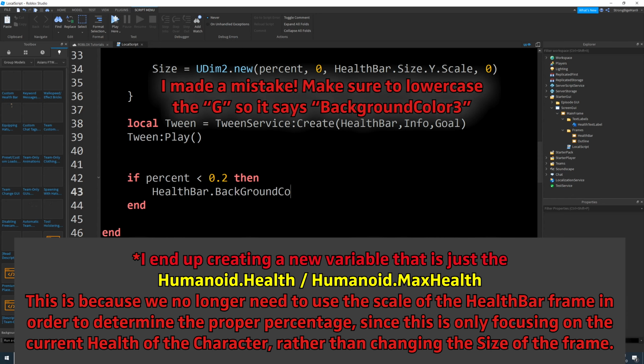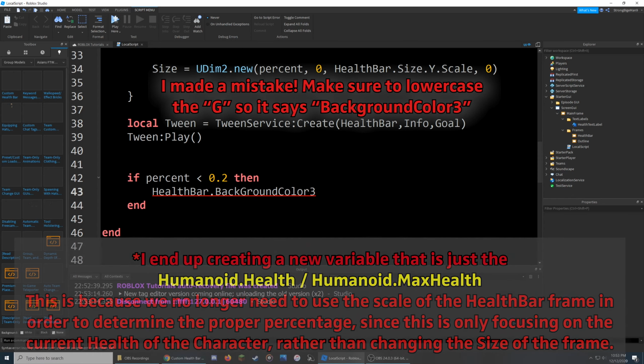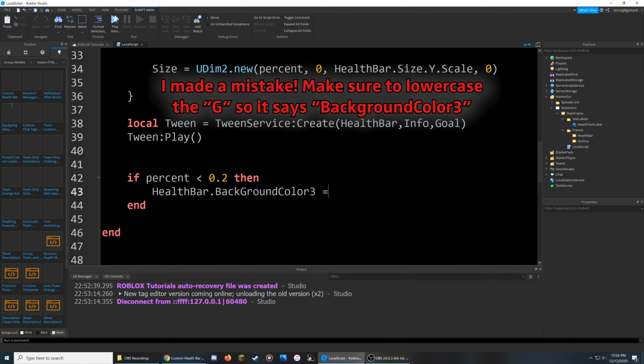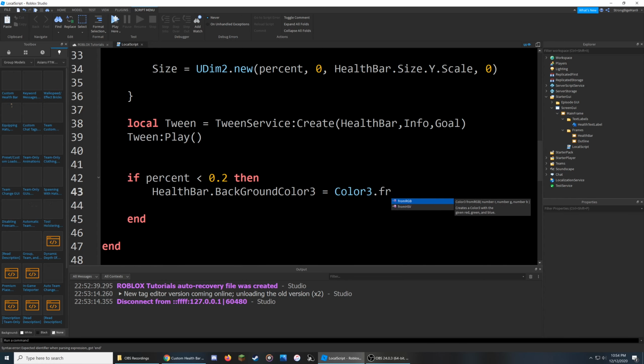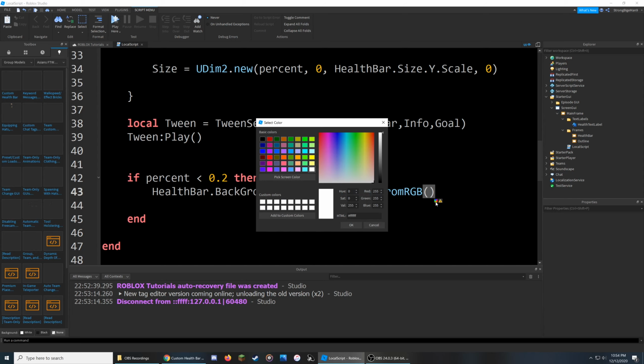So background color, and in this case it uses Color3 values, which normally operate on a 0 to 1 scale. So in this case it would be like 0, maybe 0.5, and 1. But just to make it a bit easier, we are going to use Color3 from RGB. So I'm going to say Color3.fromRGB, and you can either click on this color wheel here